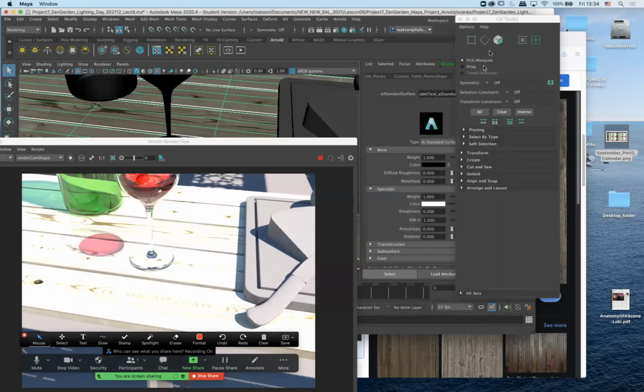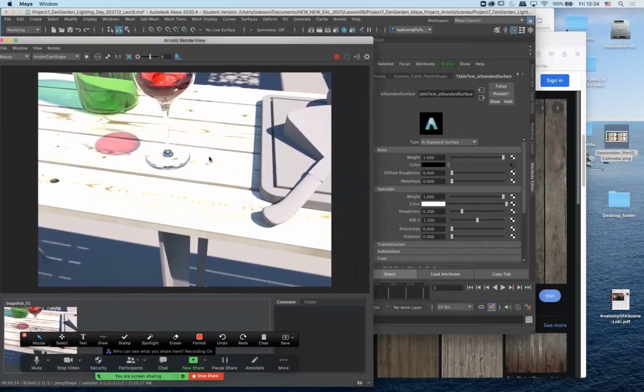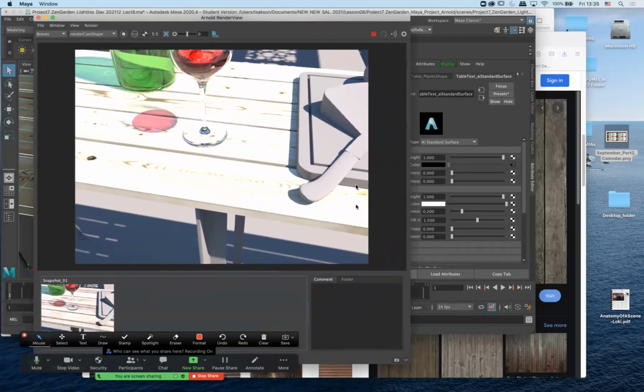All right, so having said all that, what I want to do is I want to knock down how much light my material is accepting. Right now at 1, it's accepting 100% of the sun and that pretty bright dome light I have. Now, as you can see,